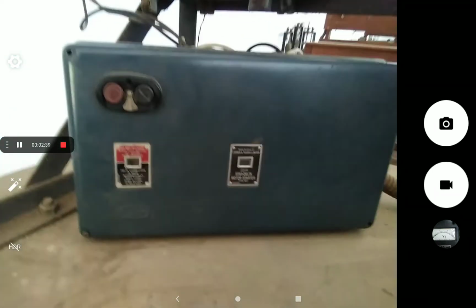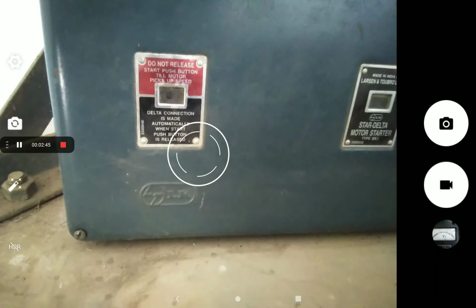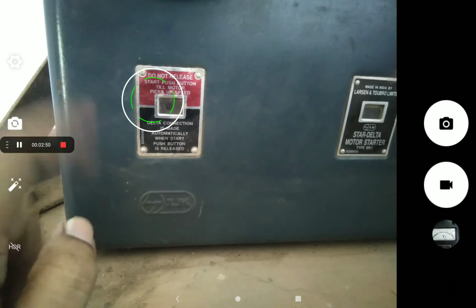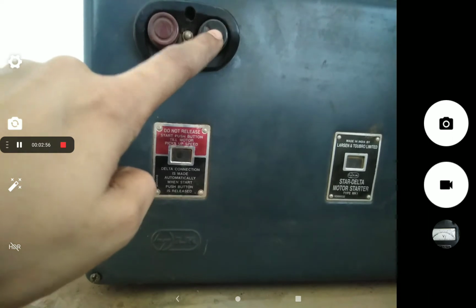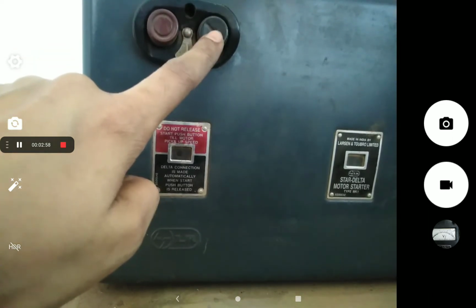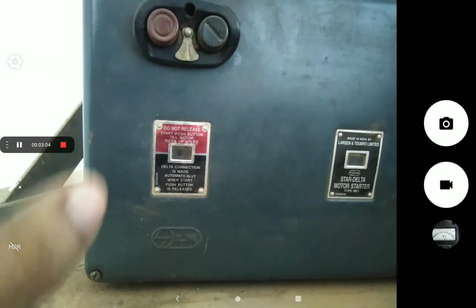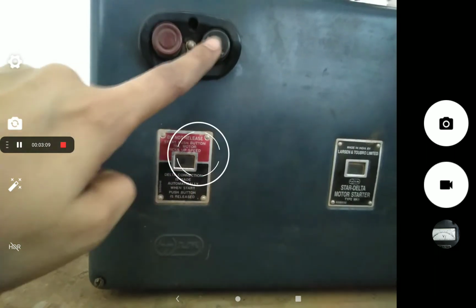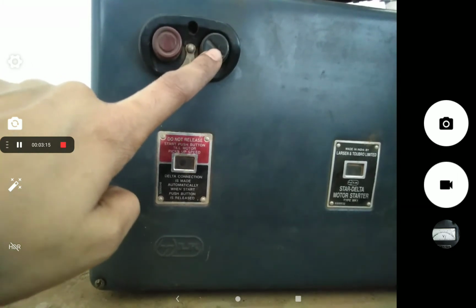And this is our star delta starter. Okay, star delta starter. Here you can see it is written: start push button, till motor picks up speed, do not release. So first we press this switch to start. At this time the stator winding should be in a three-phase star connection. Then we release this button. To switch off we use this red button, to switch on we use this button, but we should press this switch until it attains normal speed, then we release it.